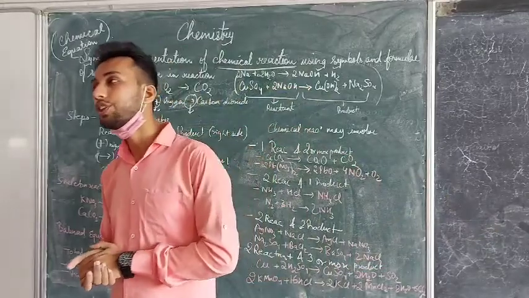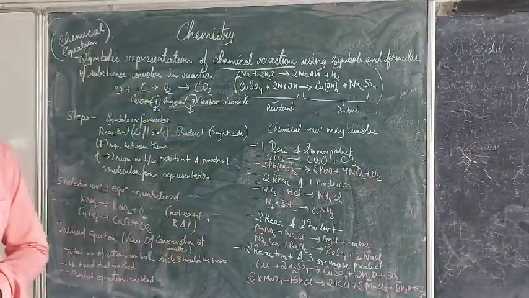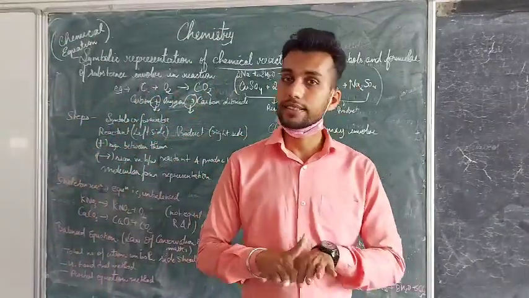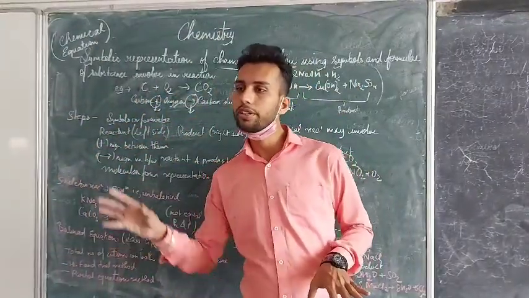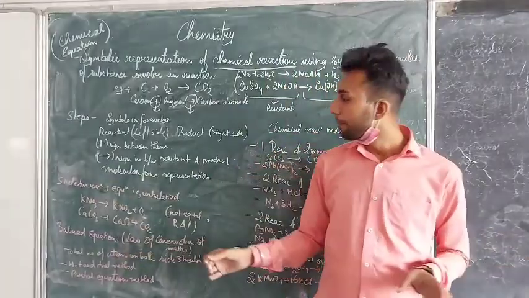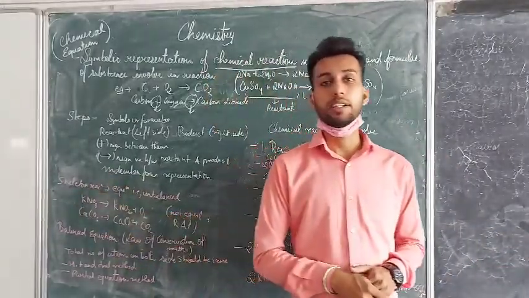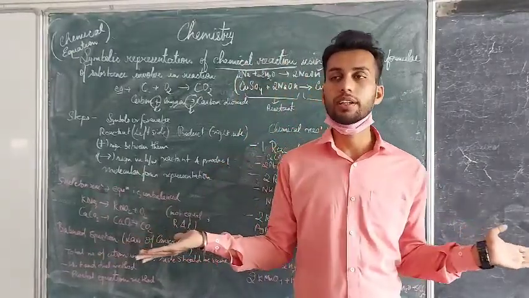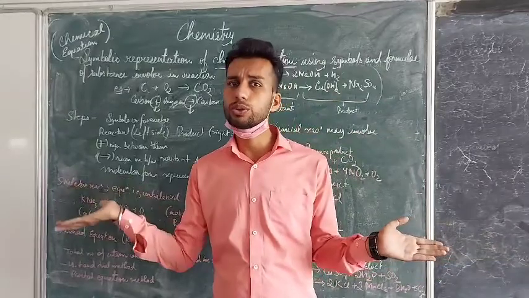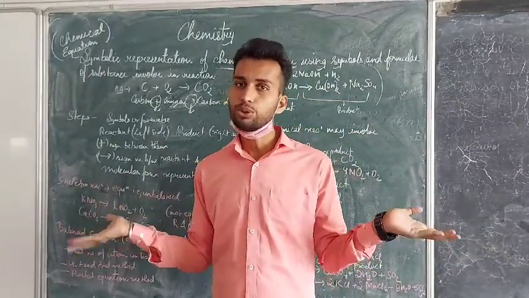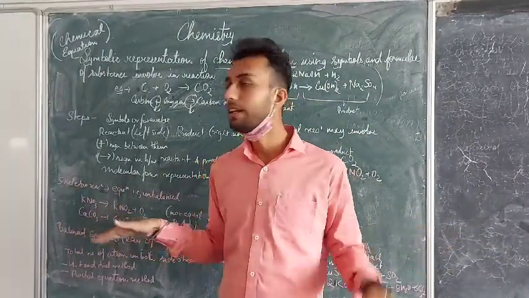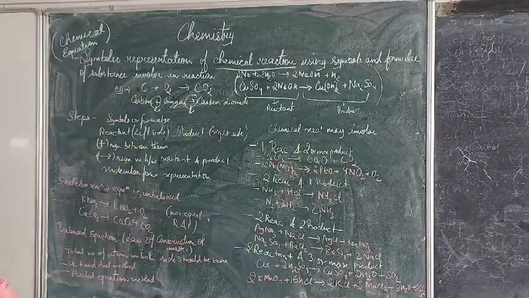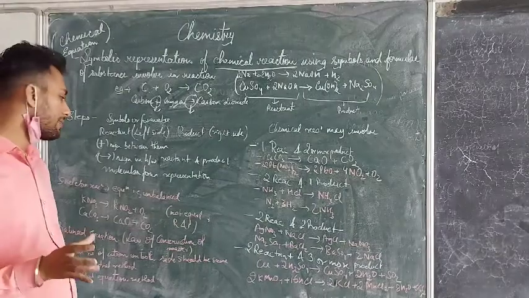So the law of conservation of mass gives us the statement that energy is neither created nor destroyed. It can only be transformed from one form to another. But when we represent a skeletal reaction in which the balanced equation is not there, meaning an equal number of atoms on reactant and product side is not there, then it seems that something is being lost or something is being gained. So it is unbalanced. To make it stable, we have introduced the balanced chemical equation. According to the law of conservation of mass, we will balance the chemical equation.